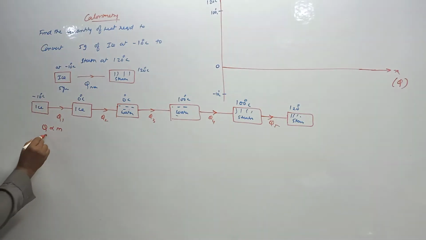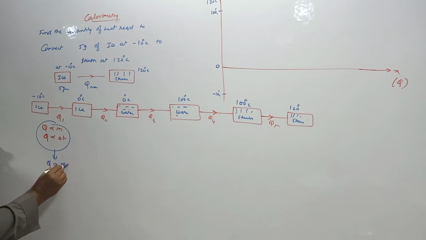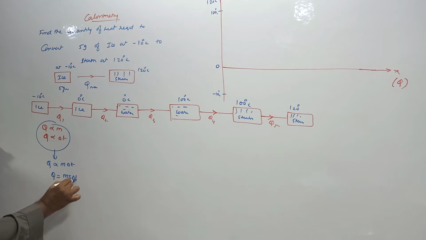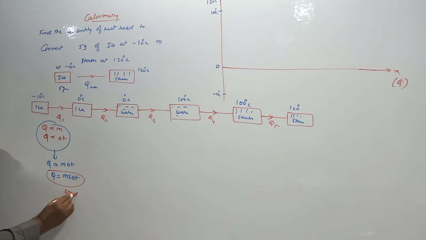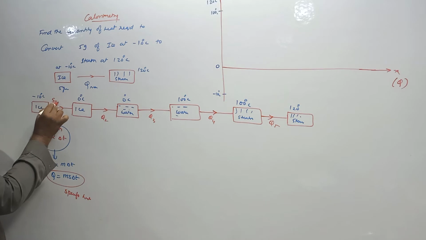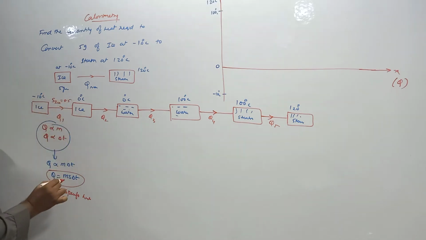The next thing is, quantity of heat is directly proportional to even rise in temperature also. If you join these two, you will be getting Q is directly proportional to M delta T. And if you remove this proportionality, you will get Q = m S delta T. What is this S here? S is called as specific heat. Okay. Here, specific heat of ice is 0.5.